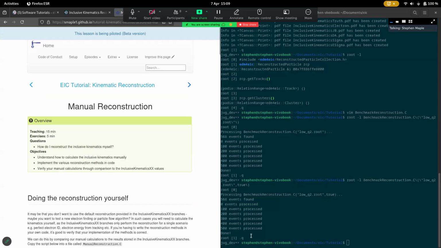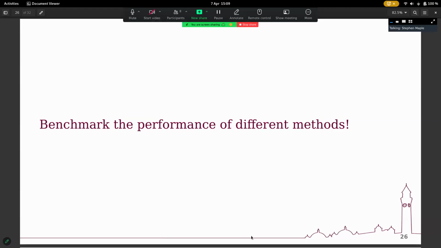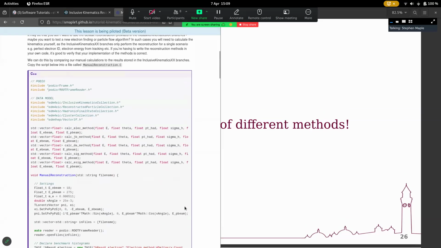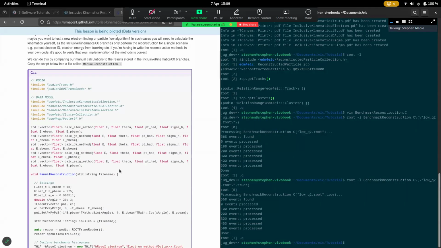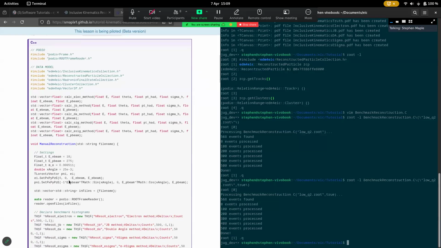And there we go. In fact, I might continue with the web page for a little longer. So the previous example was just grabbing the outputs that are already available in the inclusive kinematics branches of the files. But there may be good reason for you to want to do the reconstructions yourself